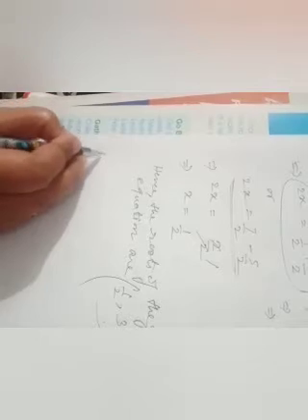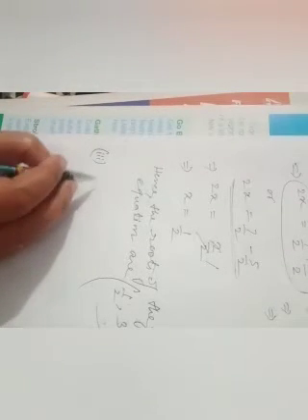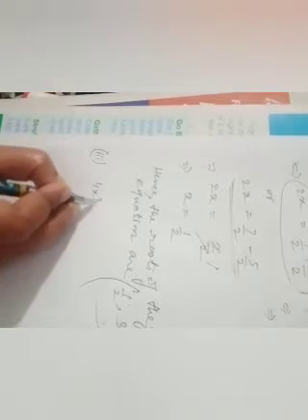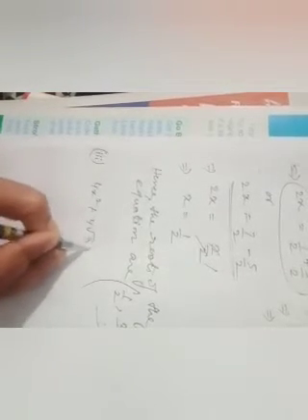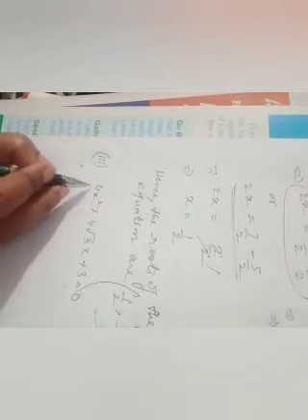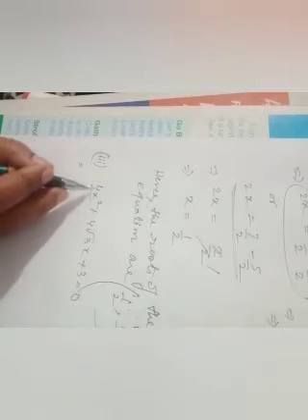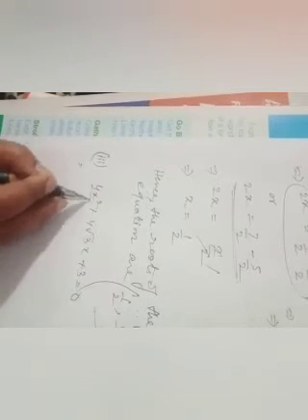Okay. So next, our next sum is the third. So I am solving the third question of question number 1, that is 4x square plus 4 root 3x plus 3 is equal to 0. Now you see that 4x square is a complete square number. 2x whole square is 4x square. So there is no problem.